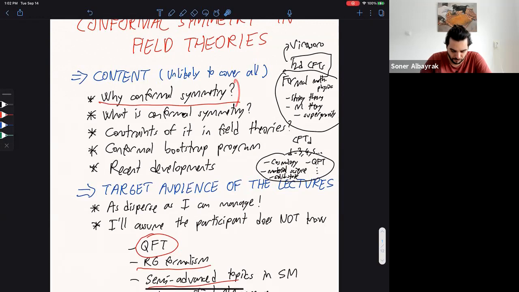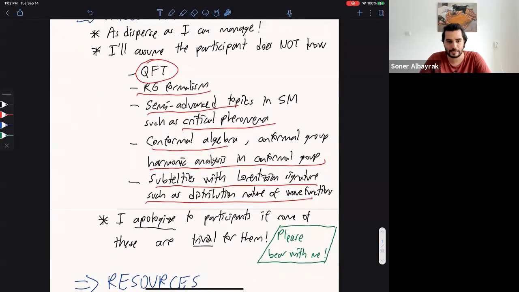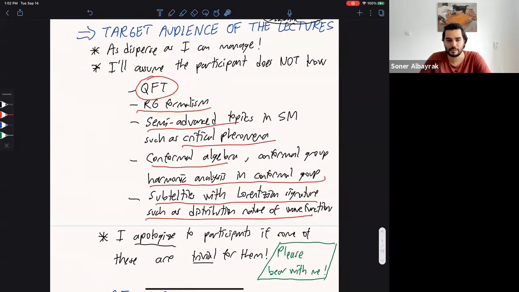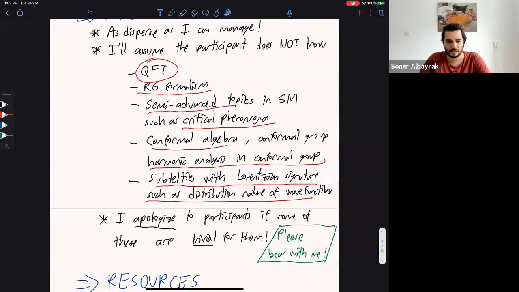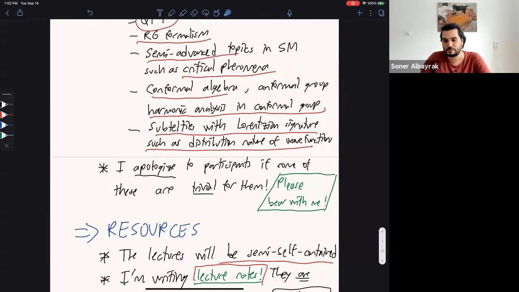interested in conformal symmetry. And as I said, I do not expect you to know QFT, RG formalism, critical phenomena, conformal algebra in general, or harmonic analysis, things like that. So I do not expect you to know this. We'll be discussing whatever is necessary. And of course, this is a problem if you are already an advanced physicist in this area, so my apologies,